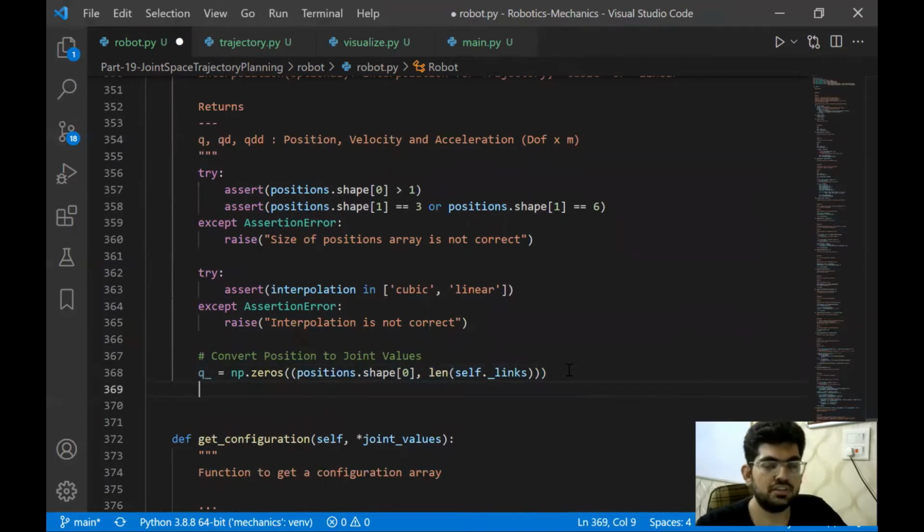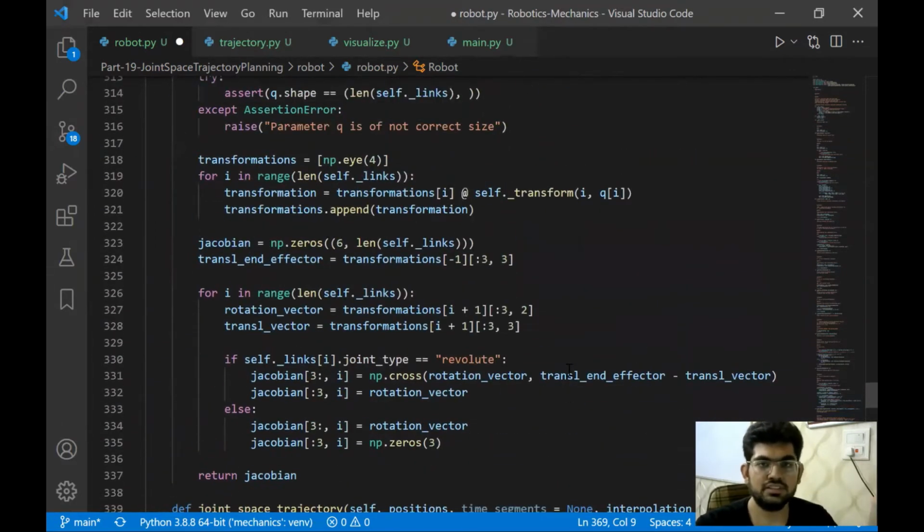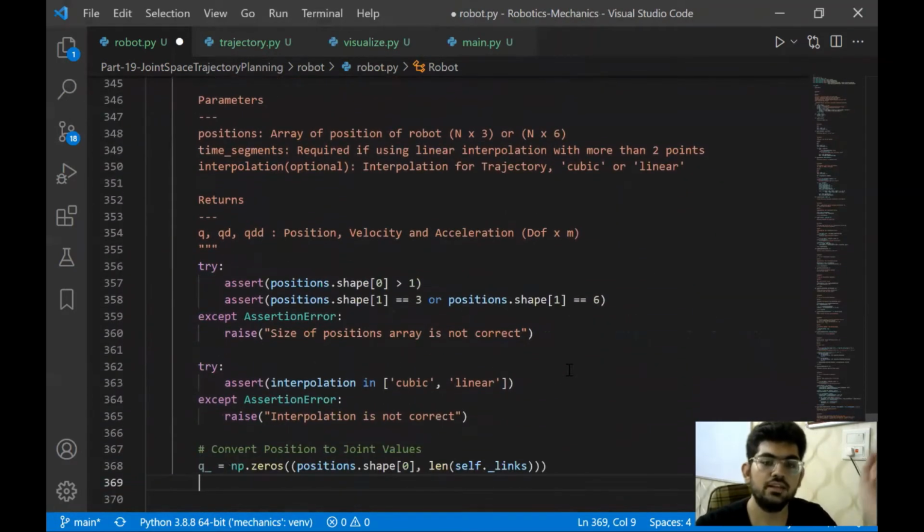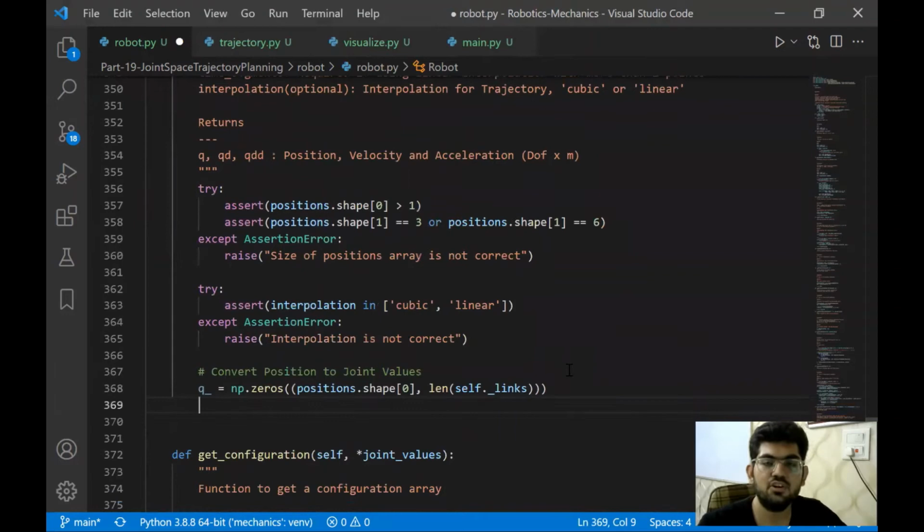All right, now the functions that we have already made for the robot, the forward kinematics function, we are going to make use of that. But the one simple thing that we need to see is that the functions that we have defined before work only for a single position and a single orientation. They do not work as such for multiple points that are passed together.